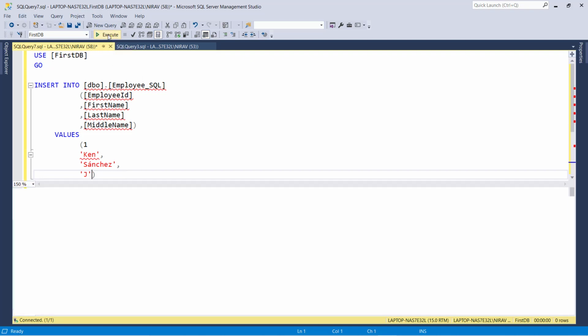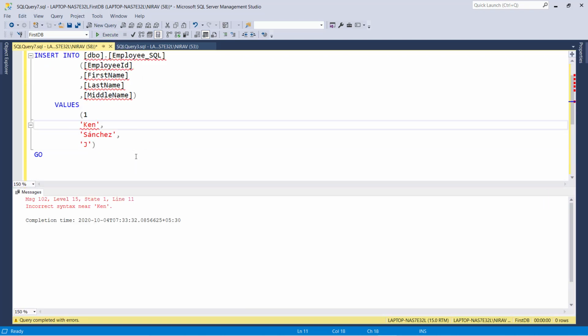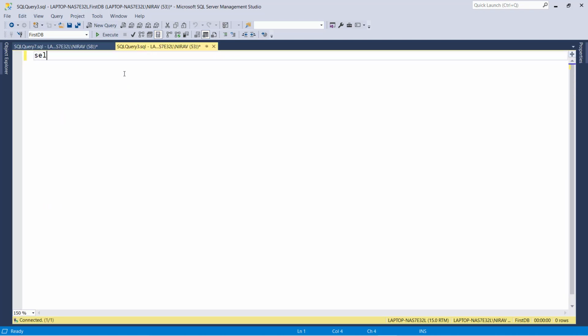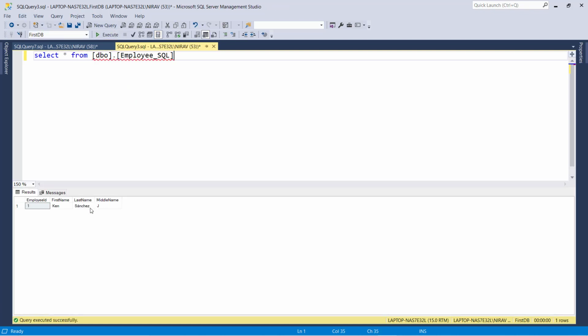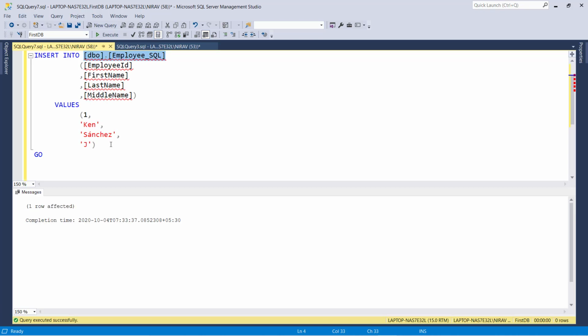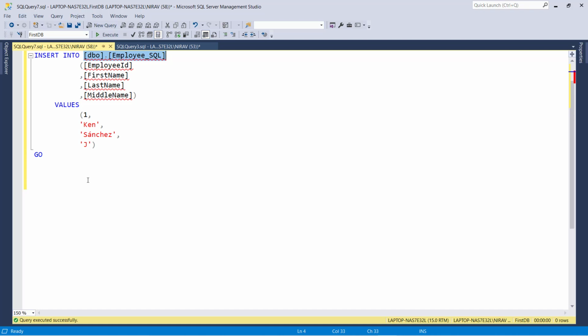So let's quickly execute and run this. Boom. Now the data is inserted. Okay, so there are multiple ways to insert data. I will show you all the methods here. Now the second method is